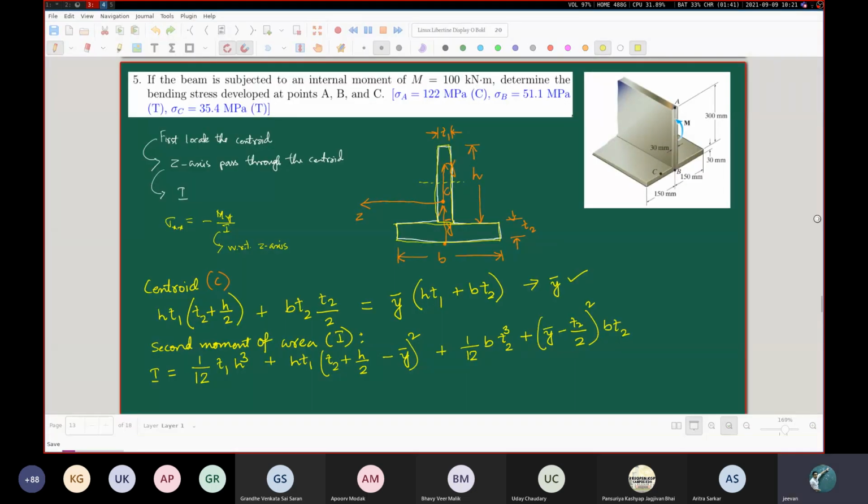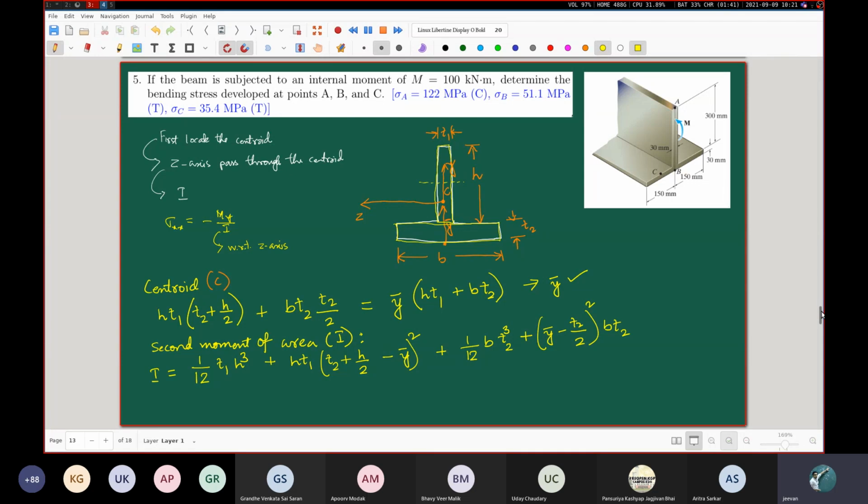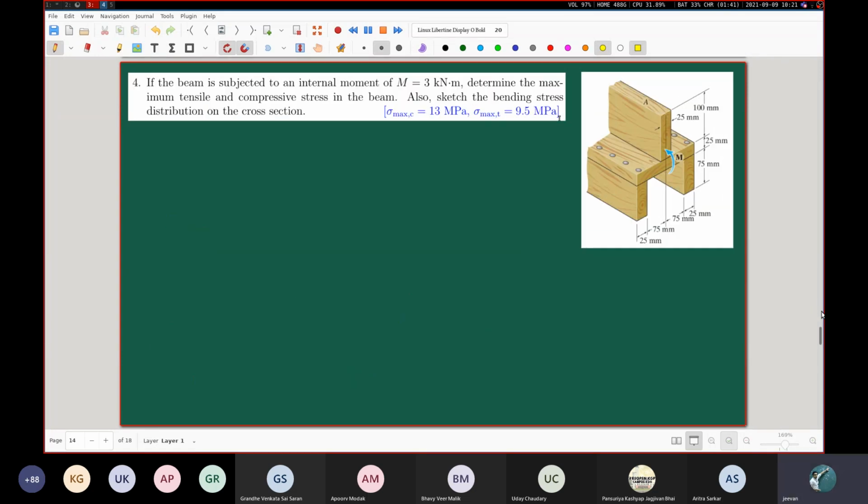Okay, so that's it. Let me go to the next thing. The reason why I have put this problem, I'm not going to solve it at all. I just want to discuss one thing very quickly here, is that once you have